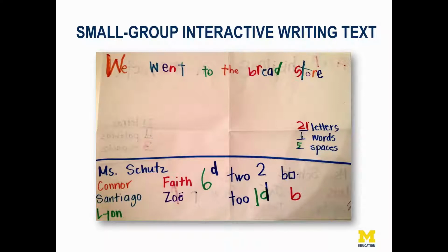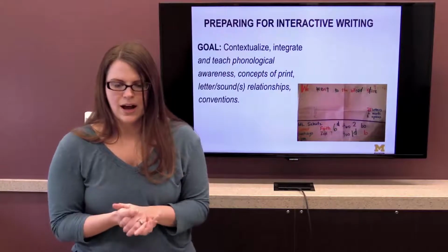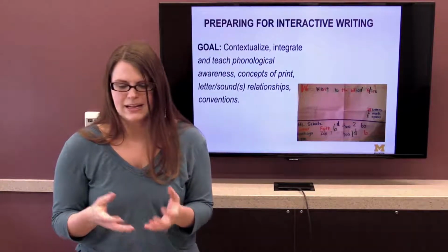Interactively, we would write this memory down to capture it and make sure that it was never lost. We would hang these around the classroom in order to chronicle important events from our time together in kindergarten. At the end of the year, this turned into a class book that every student had. I'm going to use that example as I talk through some things to think about when we're planning and preparing